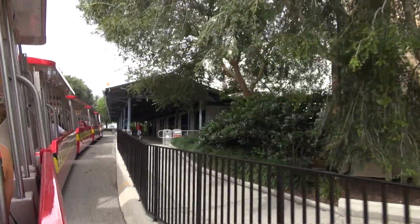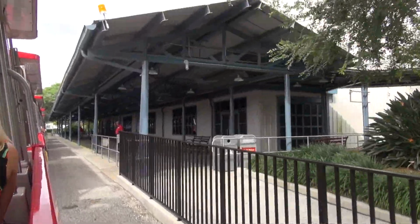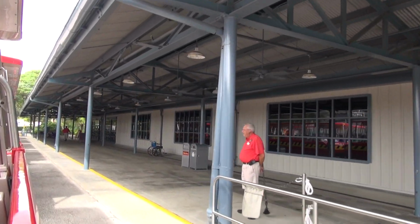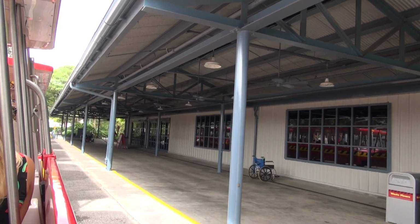All right, folks, we are reaching the end of our Backlot tour. We do hope you enjoyed it. As we are exiting out, please wait for the shuttle to come to a full and complete stop. Once it does, I will open up the doors for you. Once I open the doors, please remain seated till the doors have fully